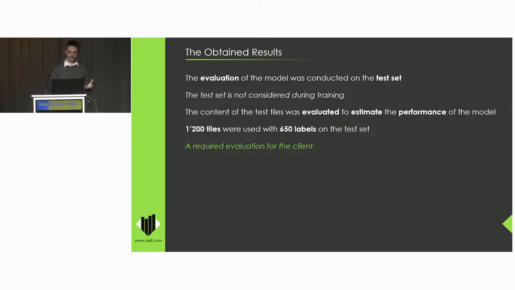So what we do at this stage is quite simple. We take all the tiles that are in the test set, and we submit the tiles to the model for it to make predictions on these tiles. And because it's part of the test set, it's part of the ground truth. So we know exactly the situation of the parking spots on this tile of the test set. And the evaluation consists simply of comparing the two. So you compare the prediction with the ground truth, the real situation, in order to quantify how the model is performing in front of the task it has to solve.